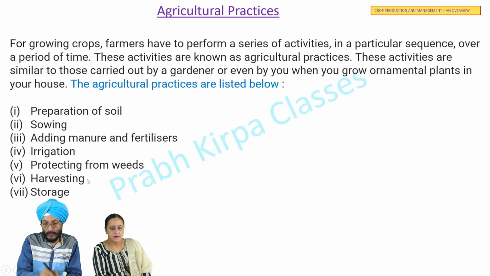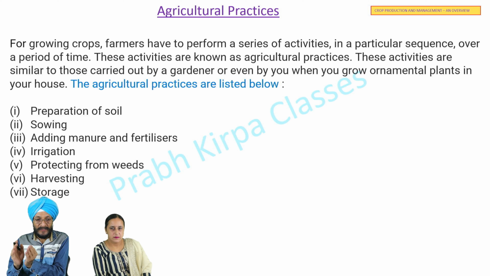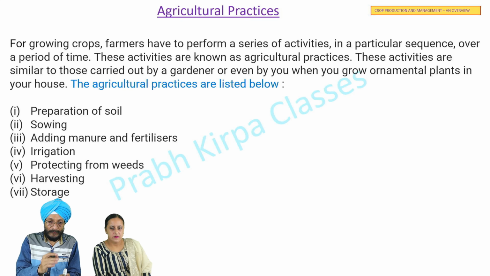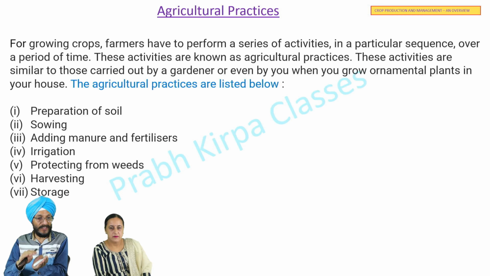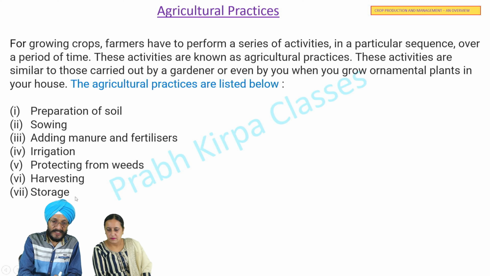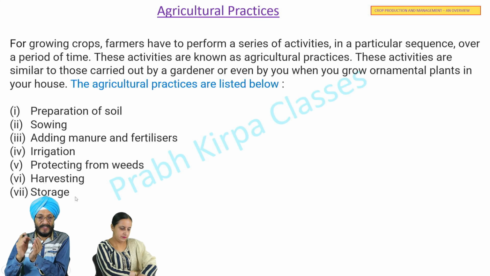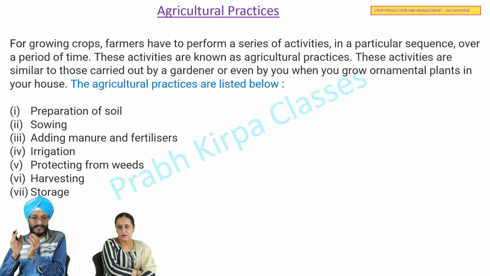Then when the crop is mature, we have to cut it. It is called harvesting. Then after cutting the crops, we have to store the crop. If the crop is not stored properly, it may be destroyed by rats or by moisture. So before we store the crop, we may have to keep it in sunlight so that moisture content in the crop is reduced. For the purpose of storage, we can store the crops in granaries or in large silos.